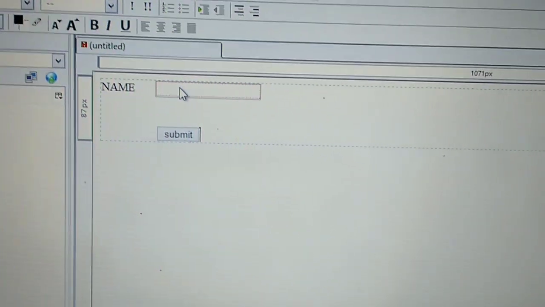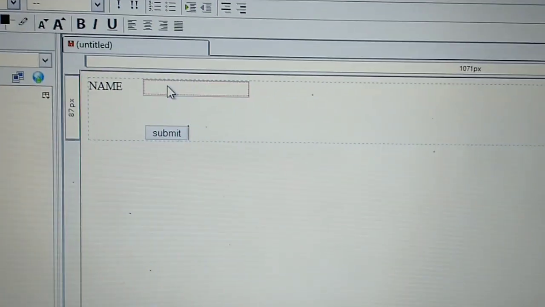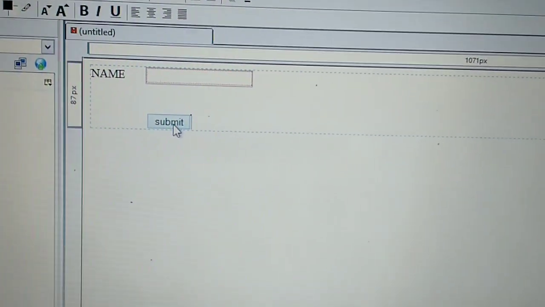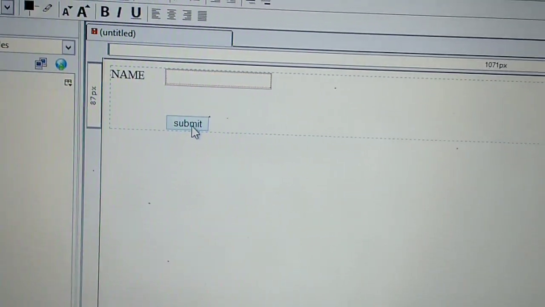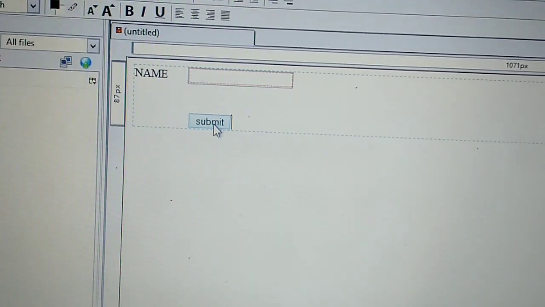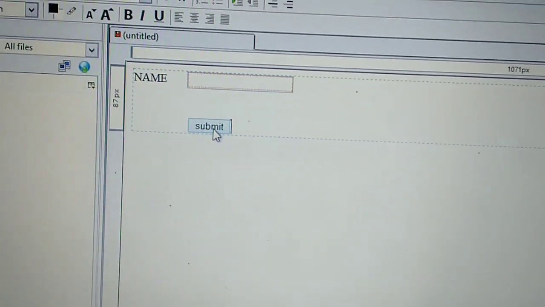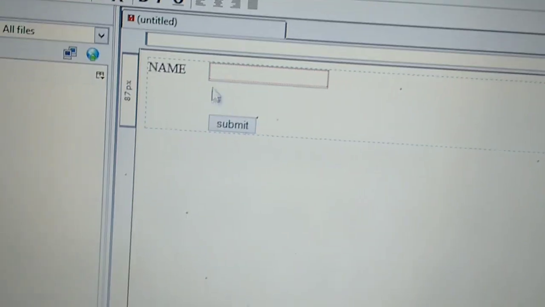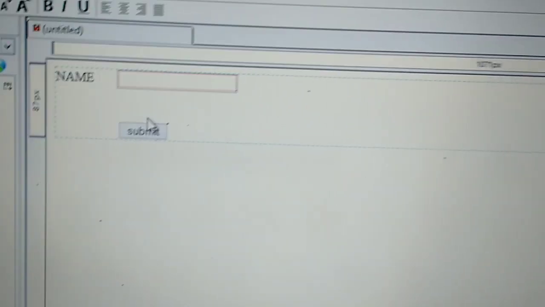Now I don't write my name in the name field, and I select the submit button. JavaScript means validation. JavaScript is used to display a message that the user has to write their name inside the text box.